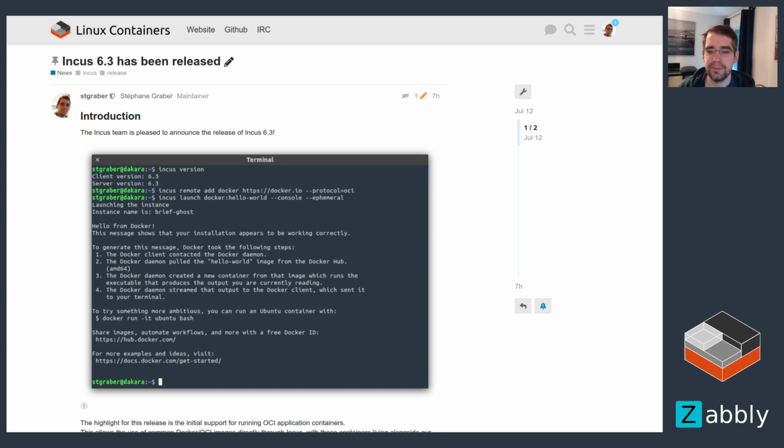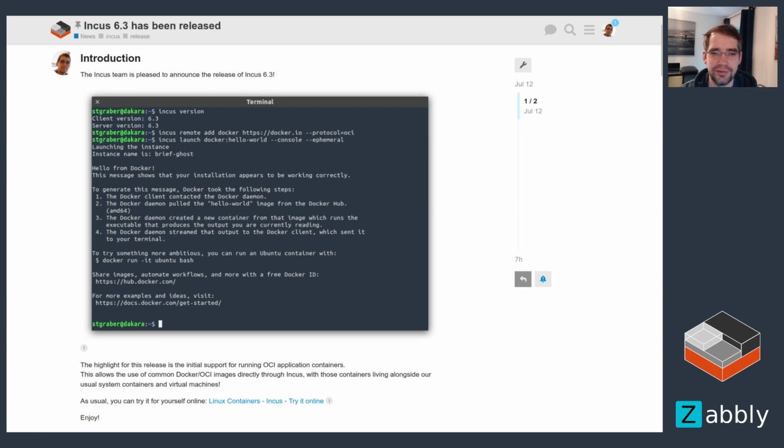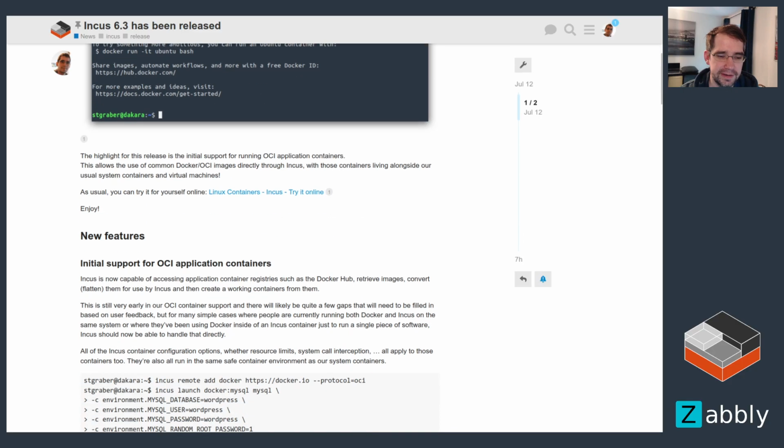With now having support for OCI images as well, it means you can start and mix and match both applications and full systems within the same Incus deployment. So that's the headline. That's what the screenshot shows, with it running a hello world from the Docker Hub image for it. All right,